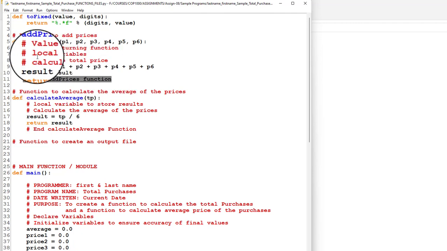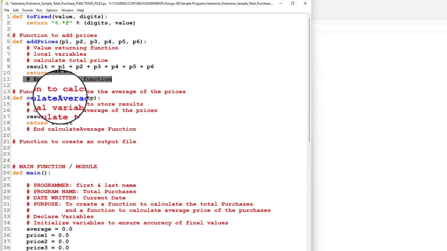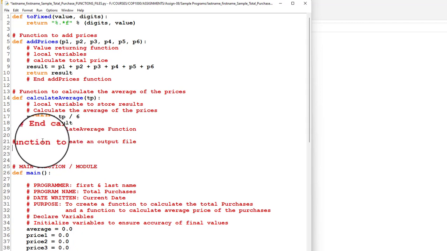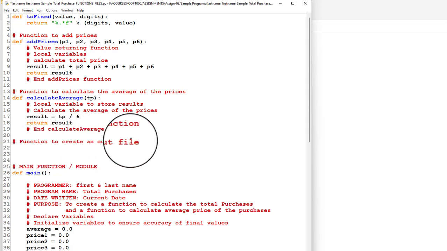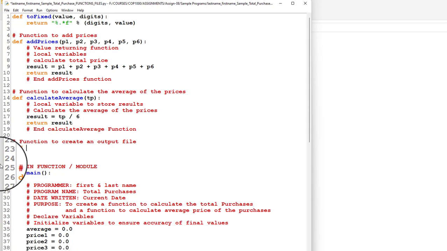The reason for that is because you're going to have a lot of different functions in your program, at least the way we are doing it now. Okay, so the next step is we're going to create a function that allows the program to create a brand new file where output is going to be stored. So the first step is we're going to type def, and these names that I choose are arbitrary. They're just pretty much describing what the function is going to do. So I'm going to say create out file or output file,